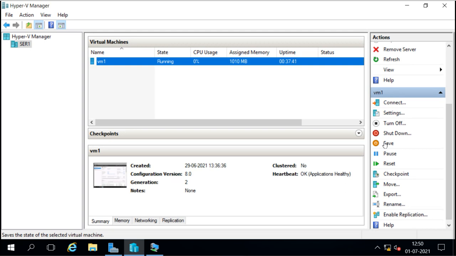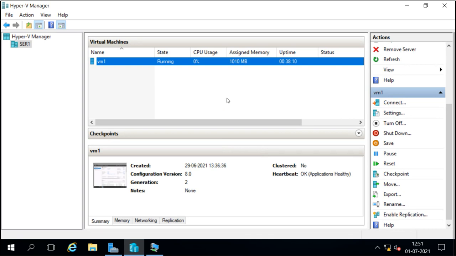Currently whatever resources it uses while running, it will still use the same resources. Then we can use pause. Pause means it will pause the virtual machine with the current status and it will not use any resources, but when we restart, it will start using the resources again.